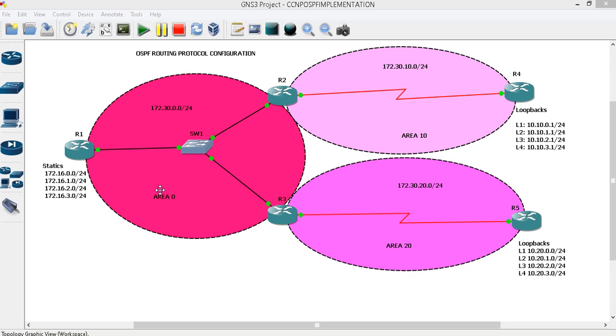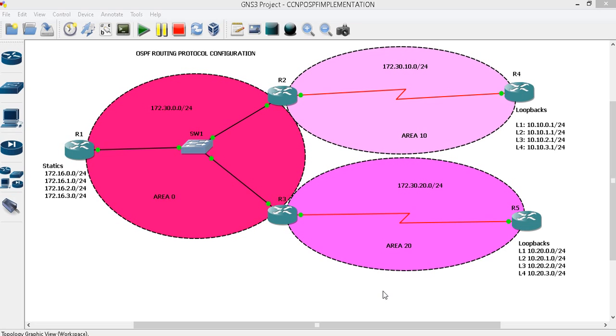We have the shared Ethernet topology here, and I have the two point-to-point links here. I'm going to configure OSPF on each of these routers, and we will configure the route summarization, and we will tweak the DR selection, that is the designated router selection, and the OSPF cost